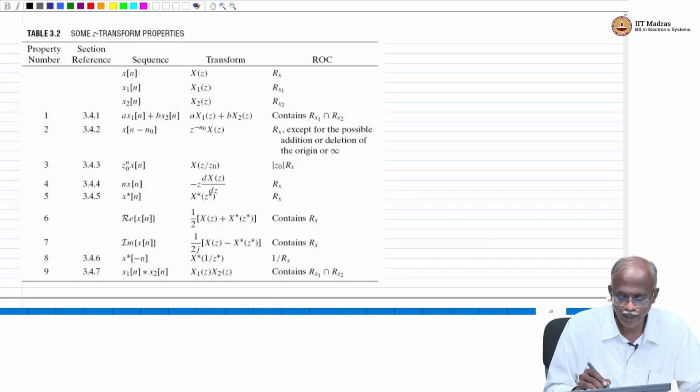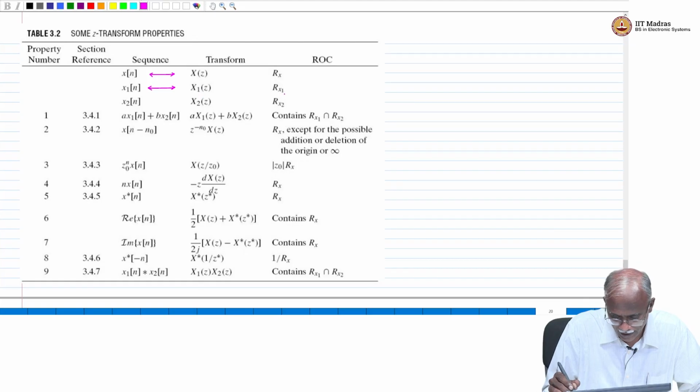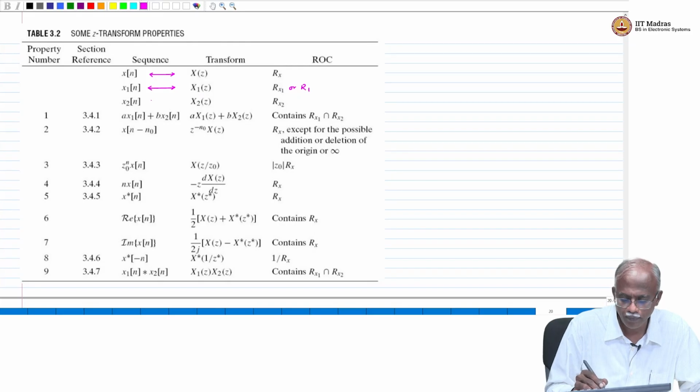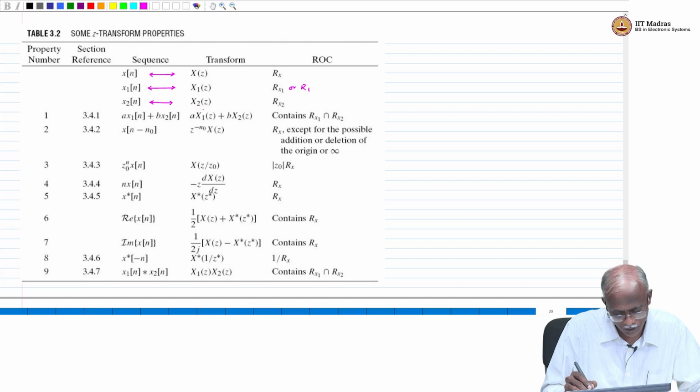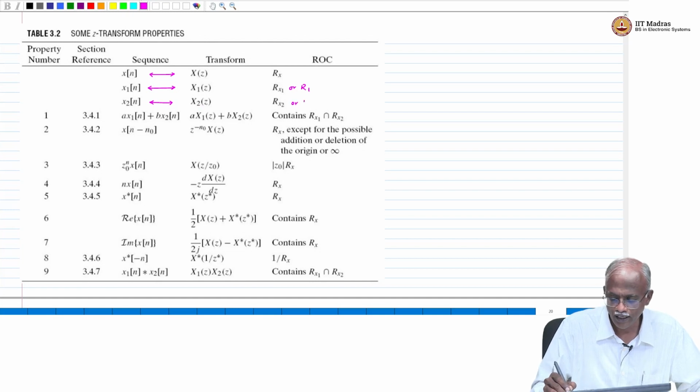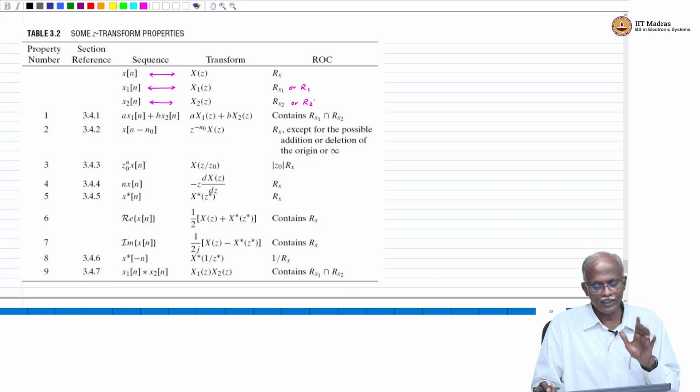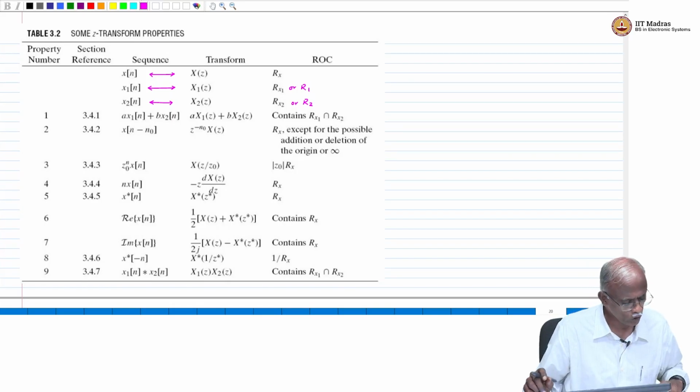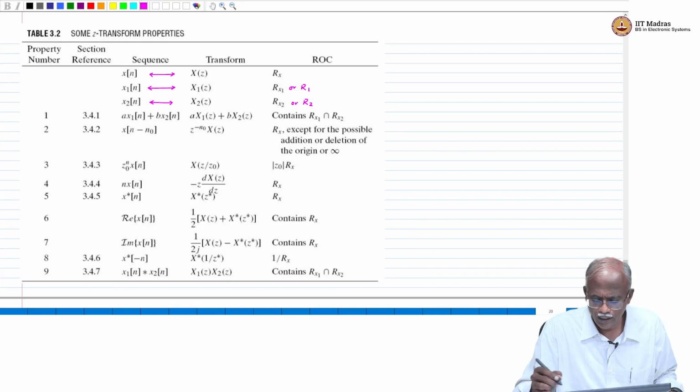So the first things that we are going to be looking at are three sequences: x of n with the transform x of z, with R of x as the ROC. Second one is x1 of n with a Z transform x1 of z, Rx1. You can also write it as R1 if you want to make it a little simpler. Here it is x2 of n, x2 of z is the Z transform, the ROC is R2. Okay, easy for us to look at that. Now, the definition of the Z transform: